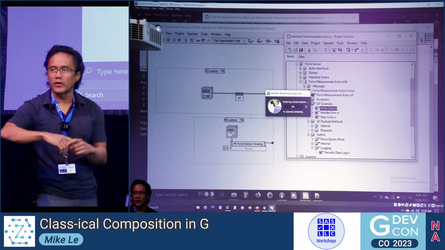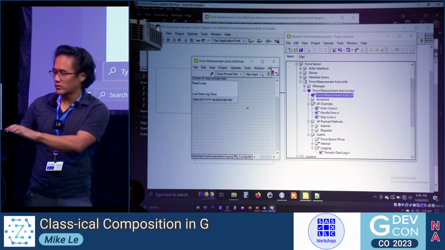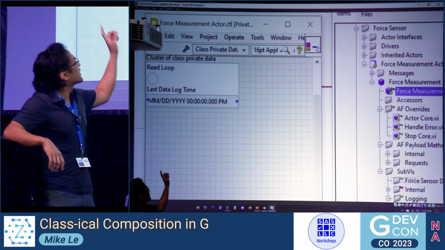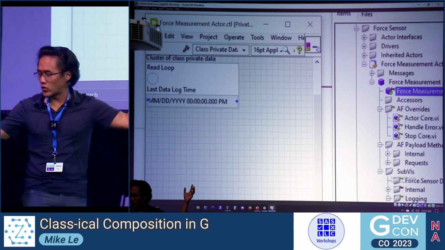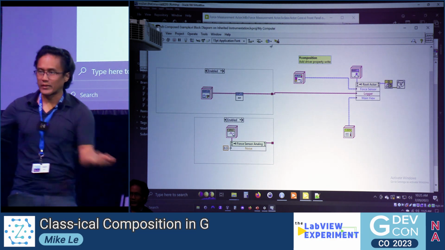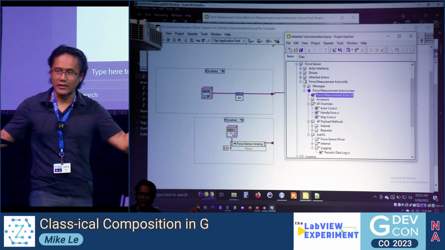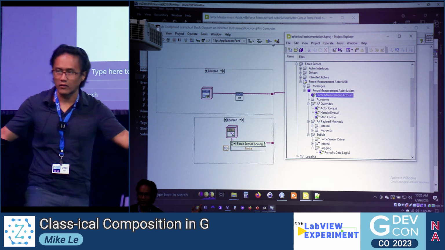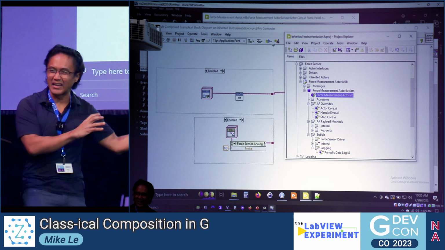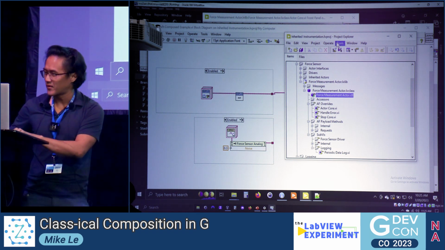Okay, so what I'm going to do with moZart is start with a force measurement actor. You can see that the data here is bare. There are no composed member classes yet, so this doesn't do anything when I run it right now. I'm going to use moZart to add in the force sensor driver and the logger behavior, and then the application should run just like in the first thing I showed you guys, if I did everything right, which is questionable.